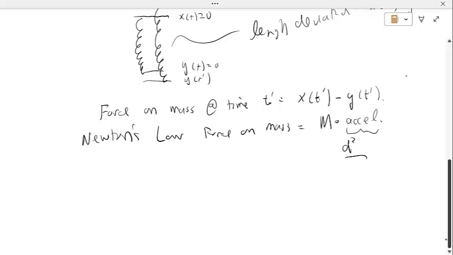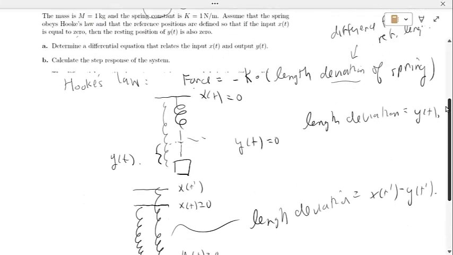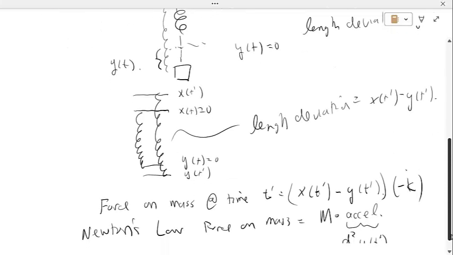And we're looking at y as our position. So it's the second derivative of y. And here I'm looking at t prime. Okay. All right. It's this times minus k, right? Because Hooke's law says that I take the deviation times minus k. That's what I have up here, right? That's this here. Okay. All right, so my final result is